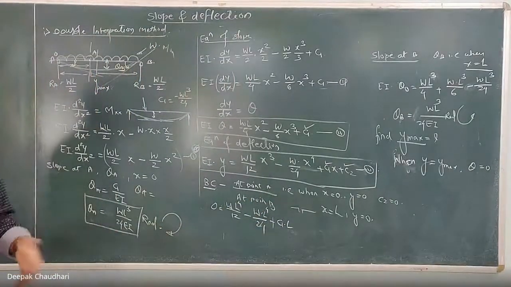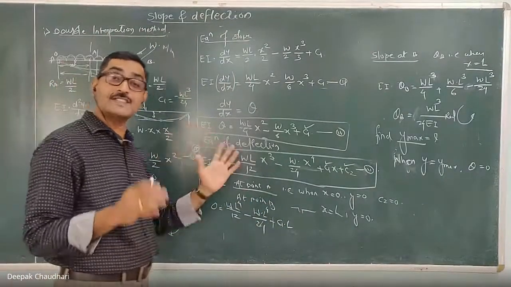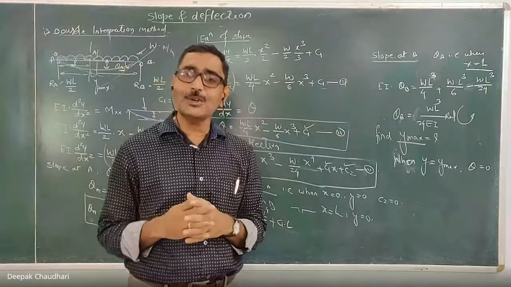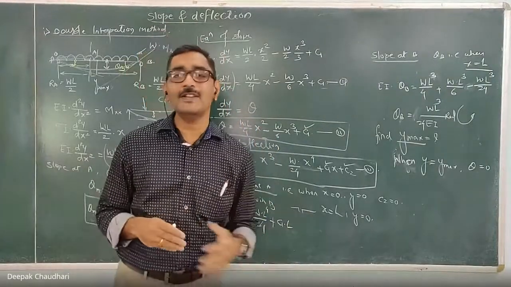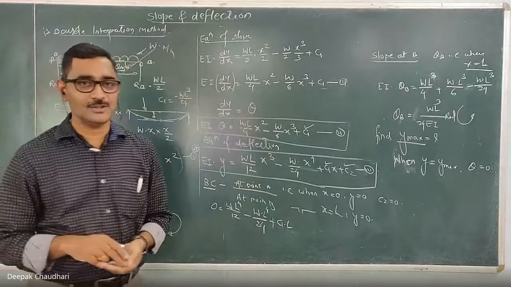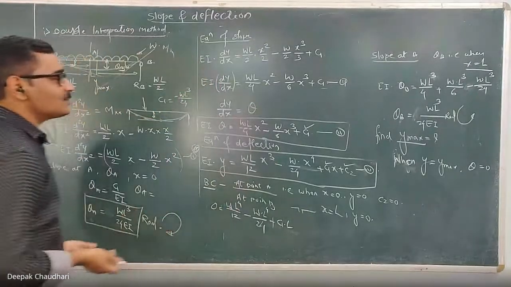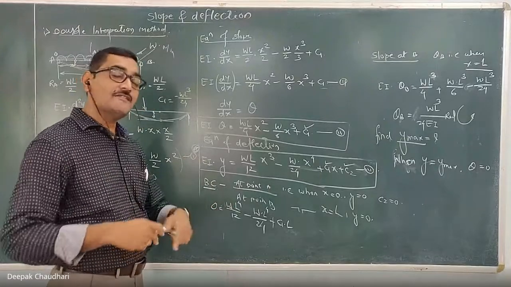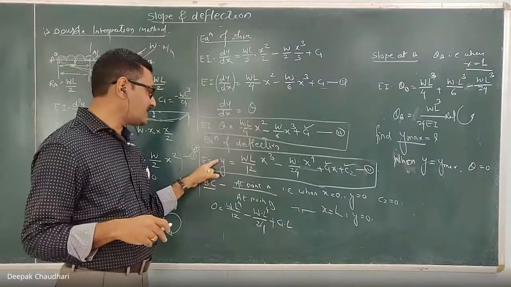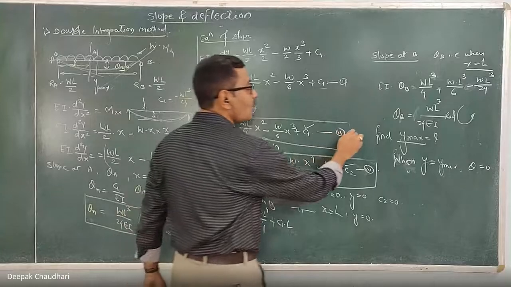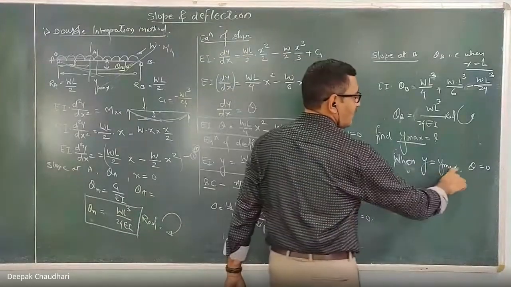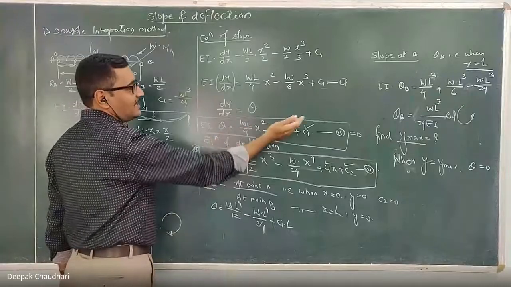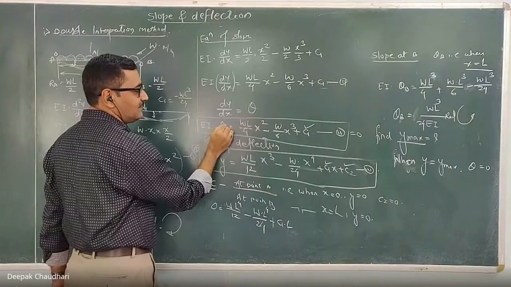So remember one thing, for any deflected value for the simply supported beam, not for the cantilever, here for the simply supported beam, for the maximum deflection, the slope is always equal to 0. So to locate the position where the deflection is maximum, I will equate the equation of slope with 0. Because for y max theta equal to 0. So equate this equation with 0, because theta is equal to 0.